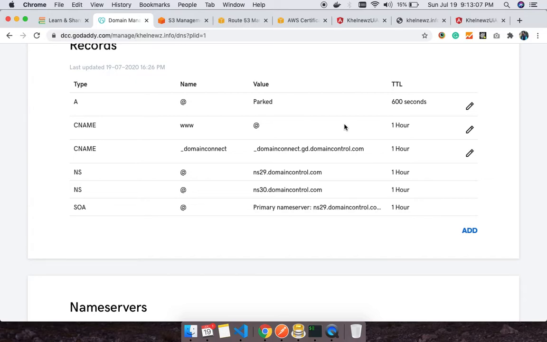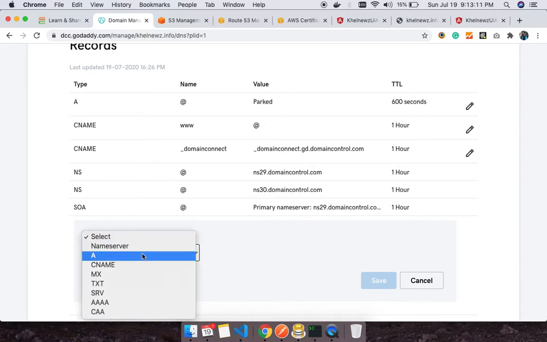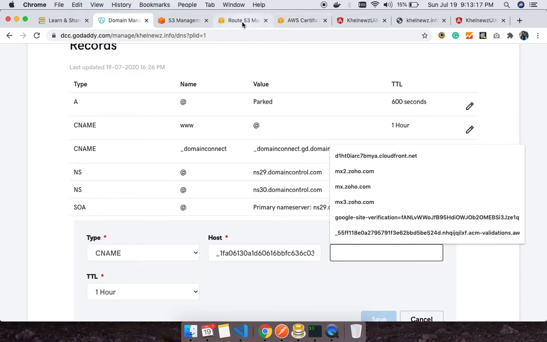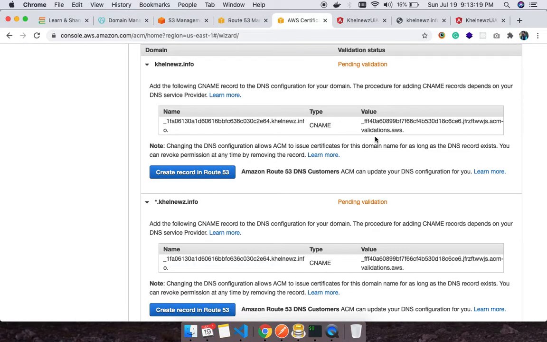That is how AWS is going to validate. So we have to add this record type of CNAME. This is your host and value will be this one.